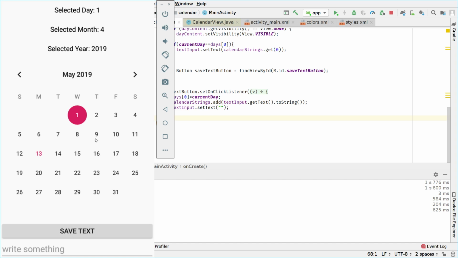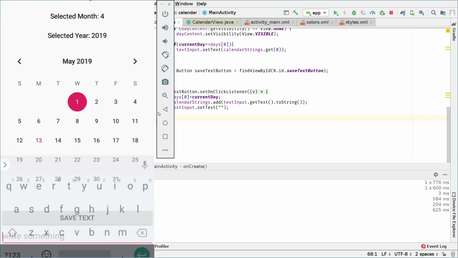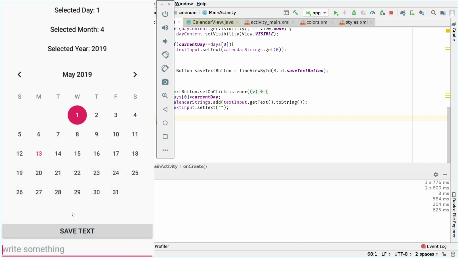Okay, so now, of course, as you know, we want to store some text on every day, right? So if I press May 1st, for example, and write something there, I will say, I am May 1st. And I will click on Save Text. Okay, and now let me hide the keyboard. Okay, so now the write something text field is empty because we saved it. But if we go to 2 and then go back to 1, as you can see, it says